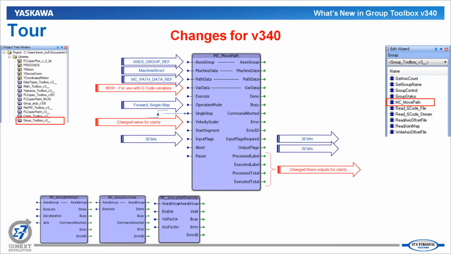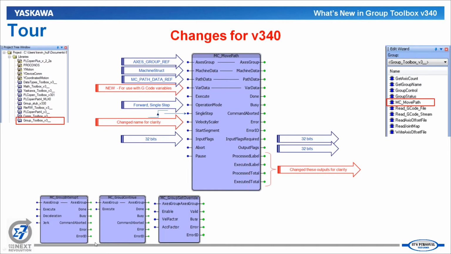Some changes were made to the MC move path function block, just to accommodate more features and to clarify or make it easier to use. We added another in-out var, data, and that's because we have some new G-code support for the use of variables as parameters. This will be a structure, an array of L-reals that can be referenced for variable data used in the path. We changed the name of this var input to velocity scalar from velocity override for clarity, because